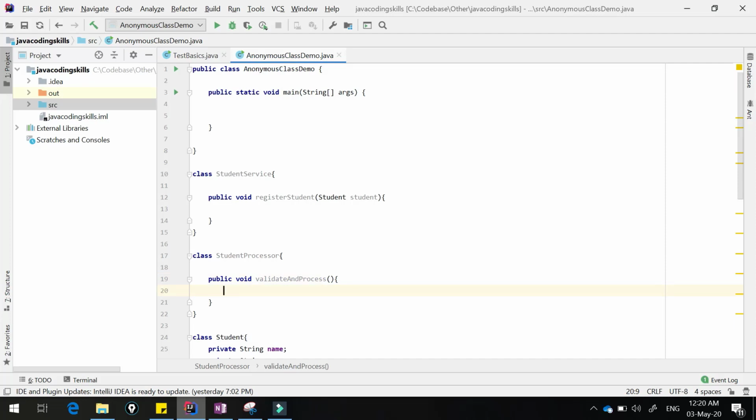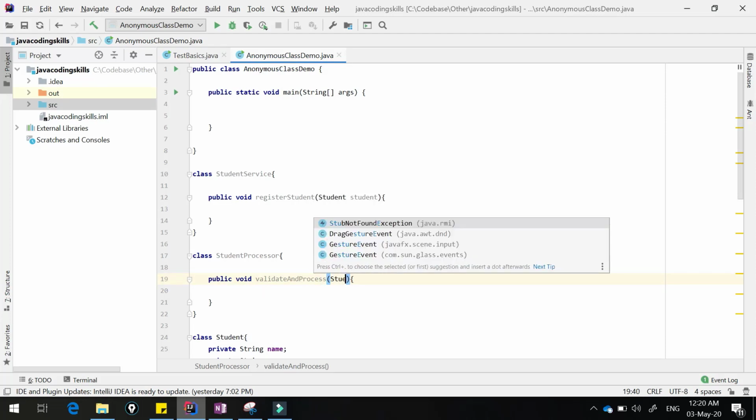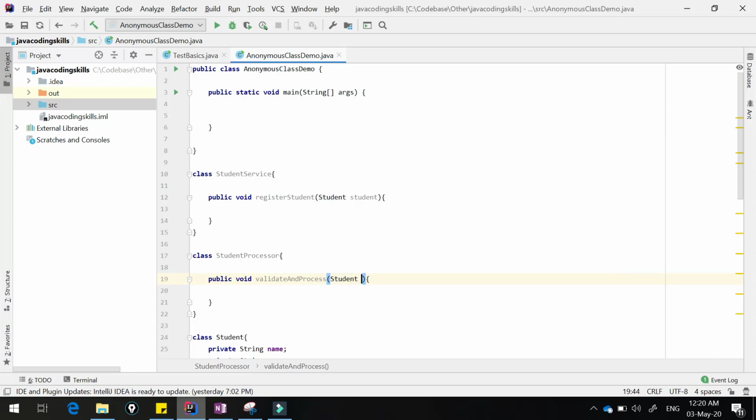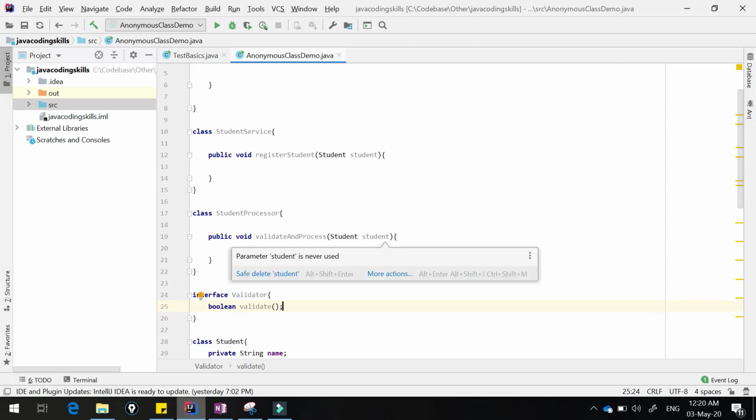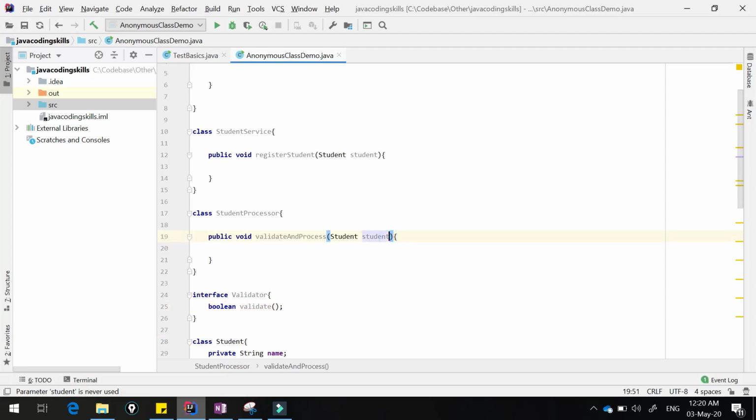Here we have to pass two parameters, the student and second, that interface. Let us create the Validator interface with boolean validate. So the second parameter is Validator.